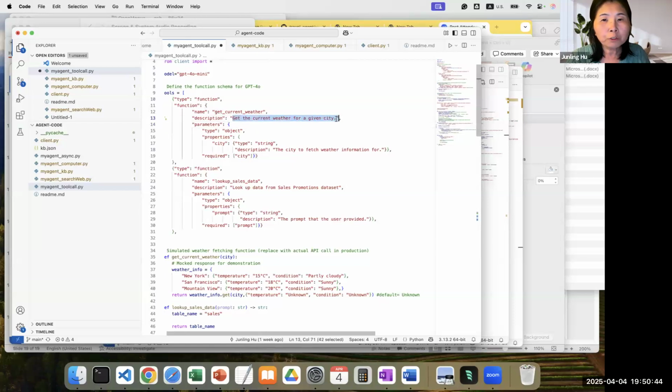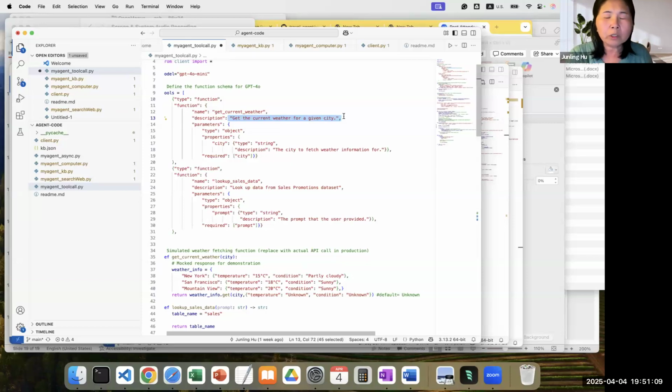If the user, for example, mentions the weather, because the tool has weather in here, the LLM will reason whether this fits, but it also looks at the context, whether there's a city there. So the LLM will use this description to decide to call this tool.